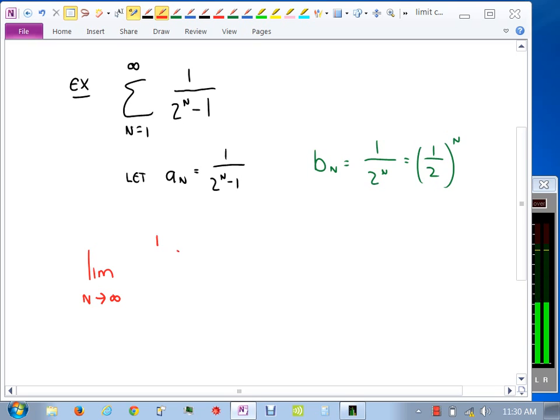A sub n, which is 1 over 2 to the n minus 1, over b sub n, which is 1 over 2 to the n. Do you all agree with that? Now, that's just a fraction over a fraction, so I'm going to flip it. I get 2 to the n over 2 to the n minus 1,